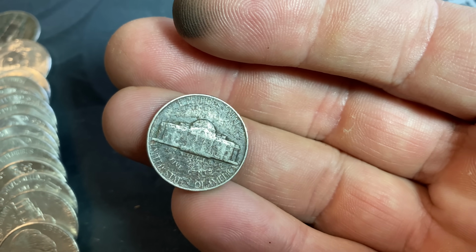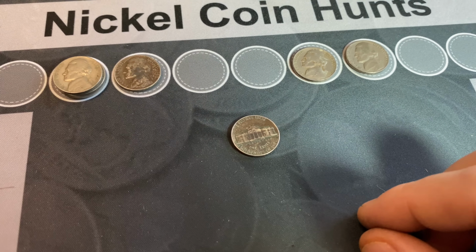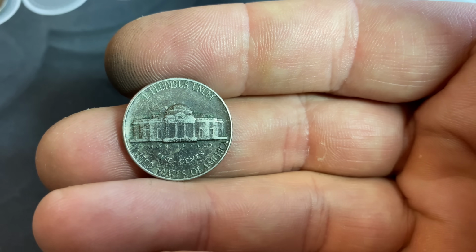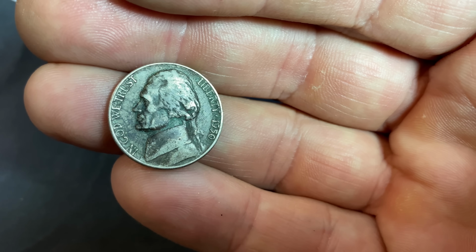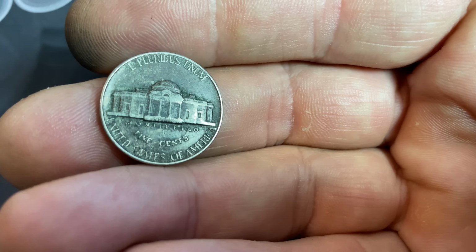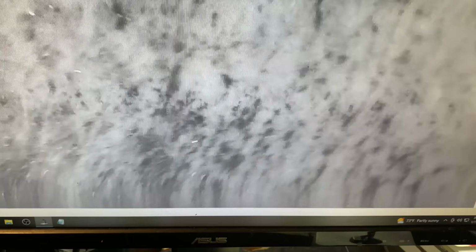Roll number 12 is going to give us a pretty beat up 1948 Philadelphia nickel. Same roll, and you might have noticed it in the last clip, but this nickel was reverse facing and it looked pretty bad, but I didn't think it was going to be what it is. There is no mint mark though, and I flipped it. And take a look at this, a 1950. No suspense on this one because it was reverse facing and I saw that it didn't have a mint mark, but just to make sure, we will scope it. Yeah, no mint mark,